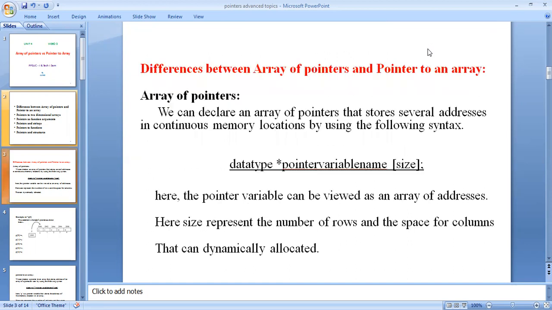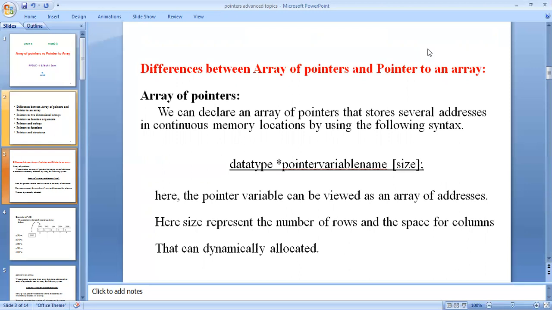The first topic: difference between the array of pointers and pointers to an array. Array means the collection of n number of elements stored in sequence of order in an index. In array of pointers, we can declare an array of pointers that stores several addresses in continuous memory locations by using pointers.